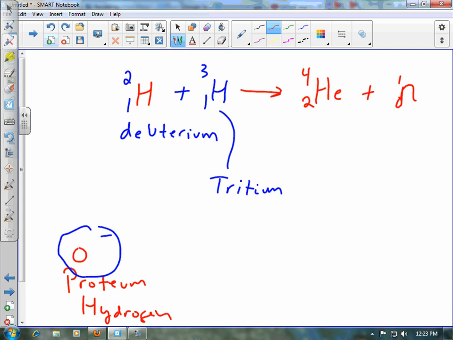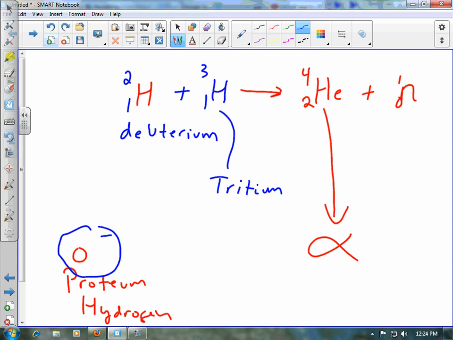But in the process, we get a tremendous amount of energy in the form of the helium, that's a beta particle, remember? Beta? Or no, alpha, sorry. This is an alpha particle. And it's got a lot of kinetic energy. And we can take that energy and do a lot of things with it. The neutron is also very energetic. We can use the neutrons to heat water and again make steam with that water.